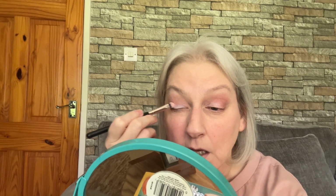I quite like pinks and purples. I do tend to wear those colours quite a lot, but I just feel the eyelid colour can be a little bit more sparkly when it's feeling more spring-like. So we'll just put a little bit more of that pink on the outer corner of my eyelid. It's supposed to make your eyes look wider if you put the lighter colour in the inner corner. Who knows? So after the eyeshadow, I put an eyeliner on the top eyelid just above my eyelashes, and this,